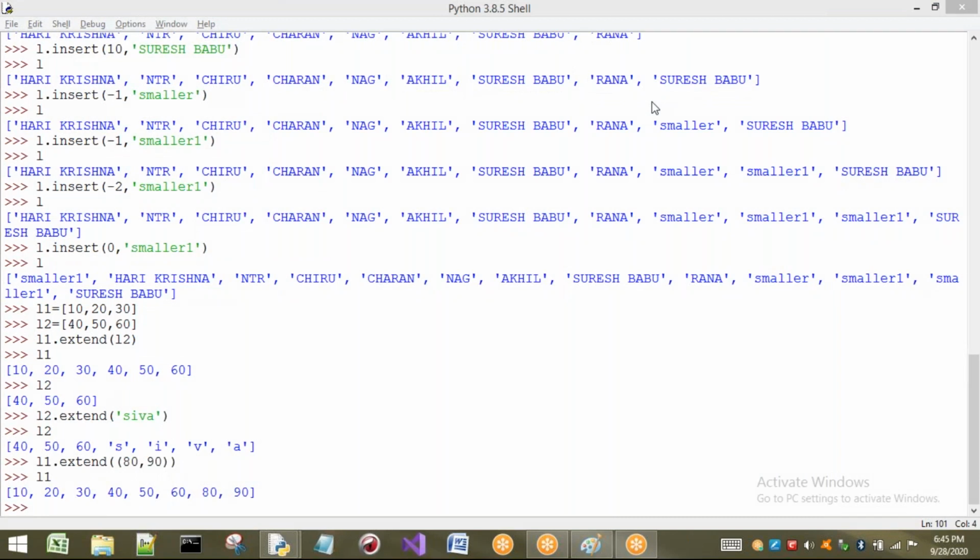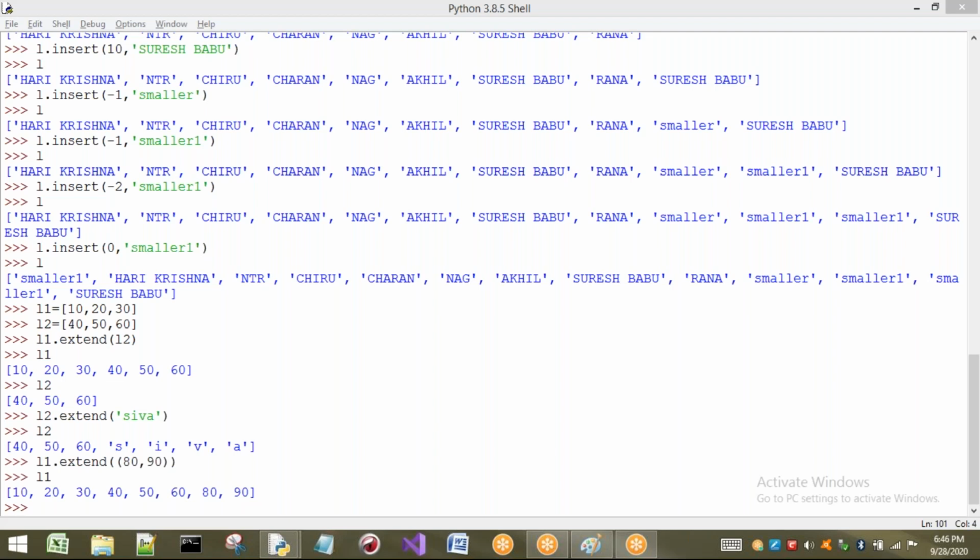If you want to add only one value to the list, then we can go for append or insert. If you want to add a group of values to the list, then we have to go for the extend method. Three methods are there for inserting values into a list.